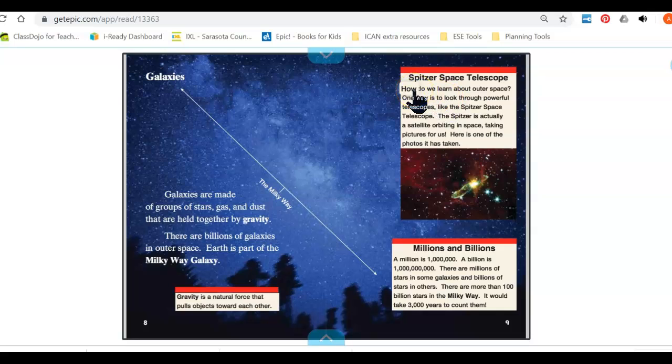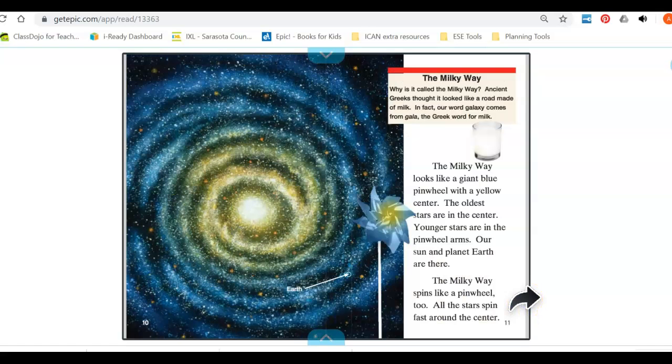How do we learn about outer space? One way is to look through powerful telescopes like the Spitzer Space Telescope. The Spitzer is actually a satellite orbiting in space, taking pictures for us. Here is one of the photos it has taken. And I'm going to skip ahead just a few pages